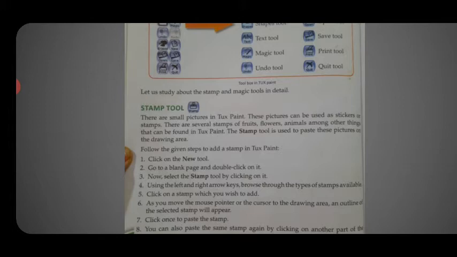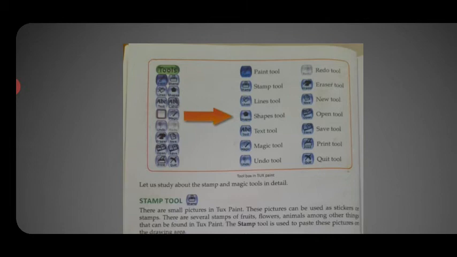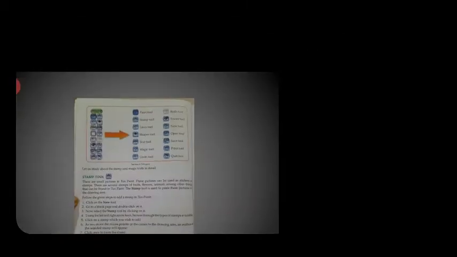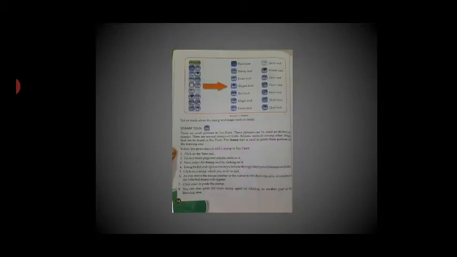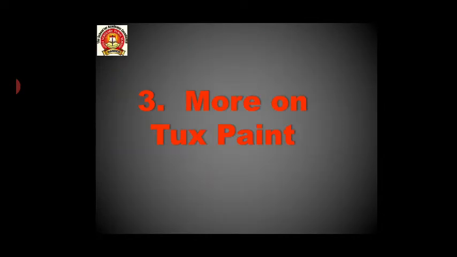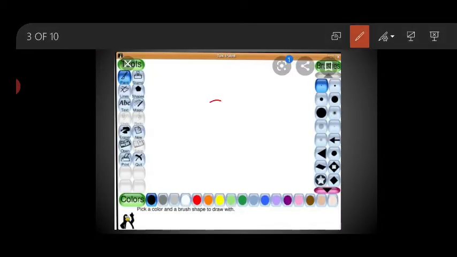Here, see, this is the drawing area. With this stamp tool, suppose we want to draw a flower.